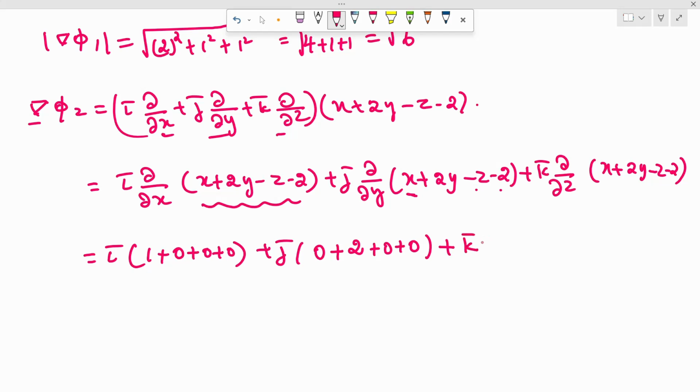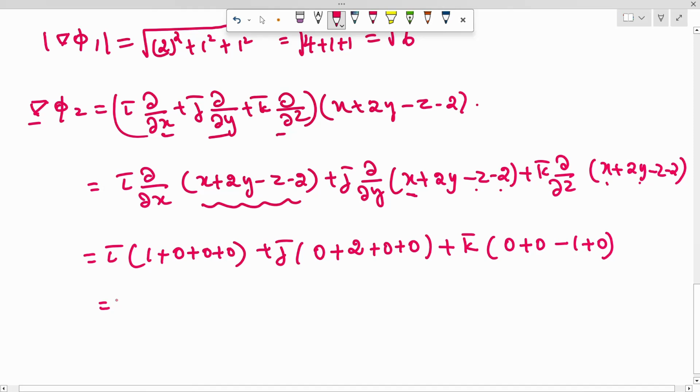Plus k vector into dou by dou z, which means partially differentiate with respect to z. Here we have to consider the other two variables, x and y, as constant. In the first two terms there is no z, 0 plus 0, here minus 1 plus 2. Okay, simplify this one. I vector into 1 plus 2 j vector minus k vector, which is the required